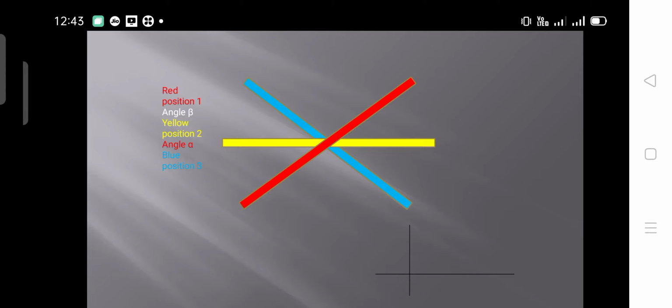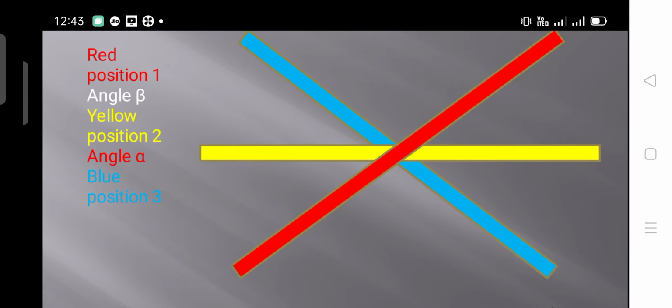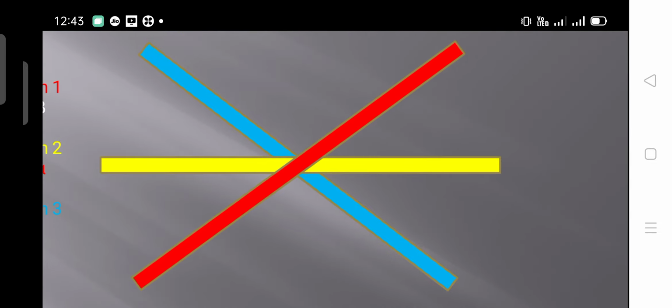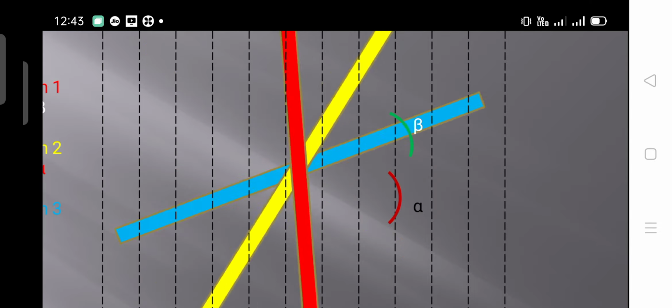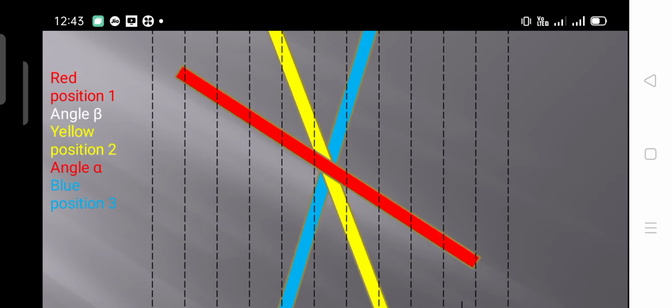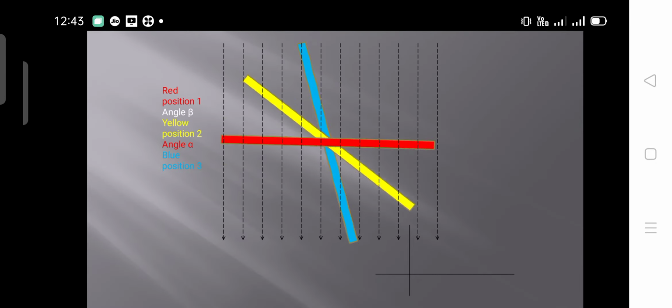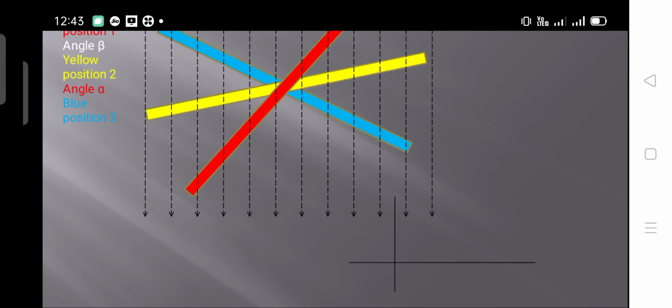in position 3. Here, we also consider the angle between the red one and yellow one as beta, and alpha between yellow and blue. So this is the magnetic field, and in this magnetic field we are considering the positions of the coils, and when this system is rotated in anti-clockwise direction, first EMF will be induced in the red coil, and later on in the yellow one, and afterwards the EMF will be induced in the blue coil.